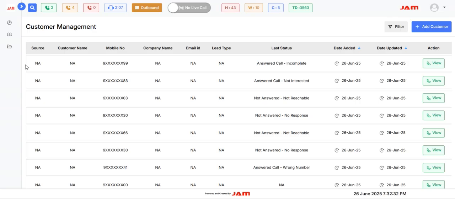You can even do API integration with different sources like IndiaMart, Just Dial, your website, Google Sheet, Trade India, etc. This source will help us understand from where we have received the data. Date added is when the data came into the CRM.